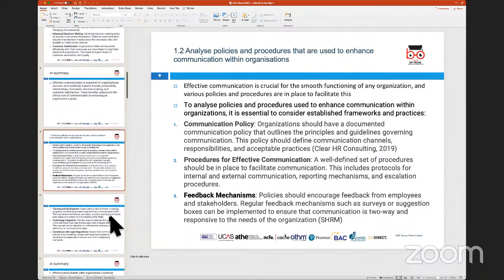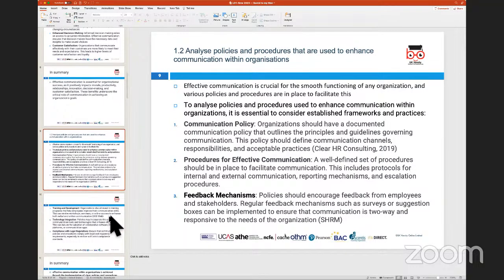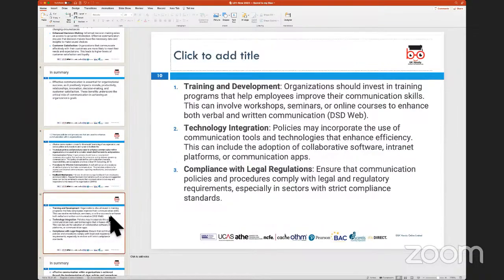And communication can be done sometimes through various routes. This can be done through the route of training. It can be done through the route of integrating technology. It can be done through the route of adhering to certain compliance and legislation which is required. And that is why this tends to be an important aspect when we look at how and where the communication policies are documented, kept, and how they are communicated to employees and staff and workers, contractors working within a particular setup, so that they all have the same understanding.